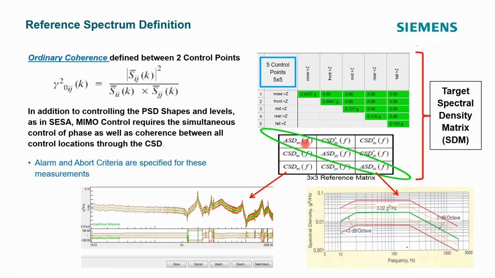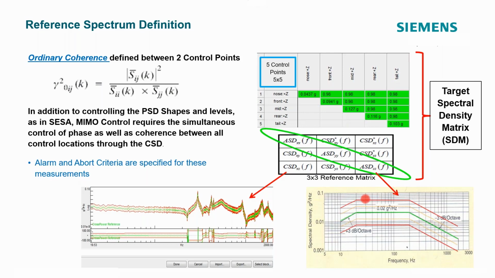Now these ASDs, or we'll call them PSDs, and cross-spectral densities have some relationships between them, and those are depicted here in this coherence. This is the cross-spectrum and the auto spectrums of these different points, and we can quantify the amount of coherence between those different points. I don't have the coherence shown here, but you can derive the coherence based on these different functions.